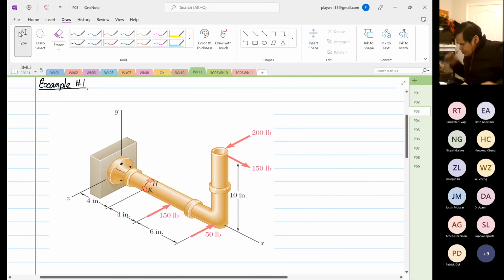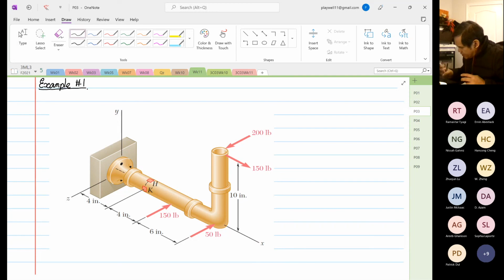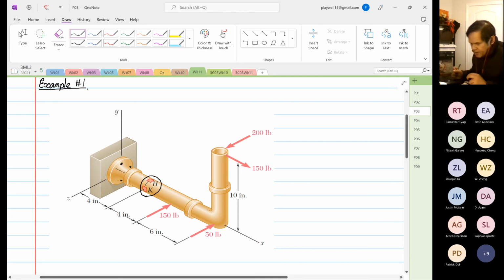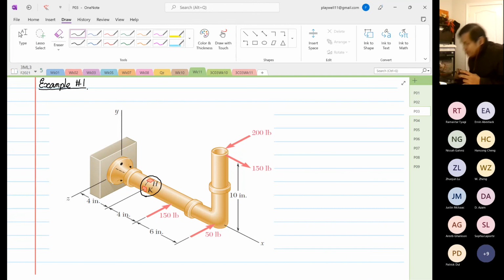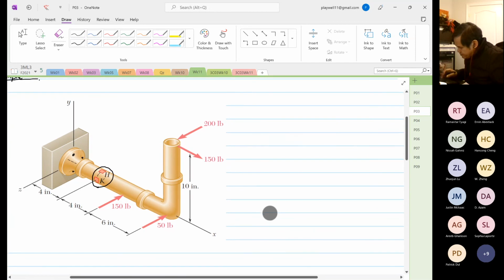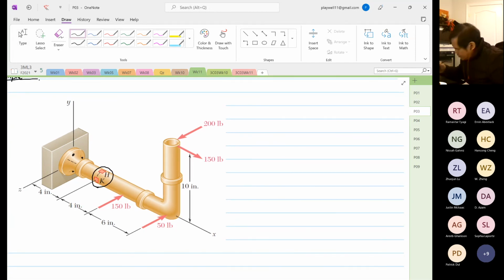So you can see this structure over here. It is compound loading, so you have forces acting in different directions. One thing I want you to take note of is the letters H and K. These are our elements. Remember our Mohr's circle of elements. So what we're going to do first is identify